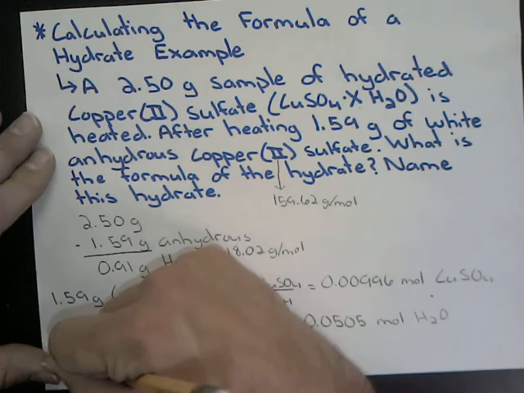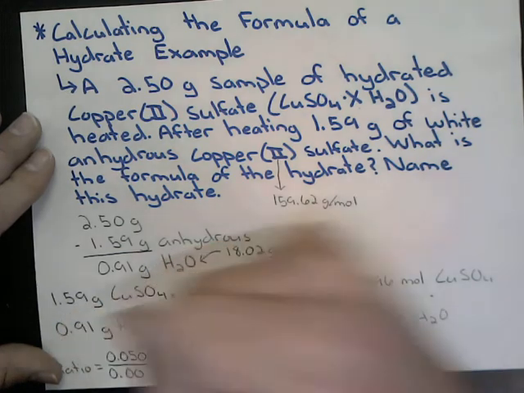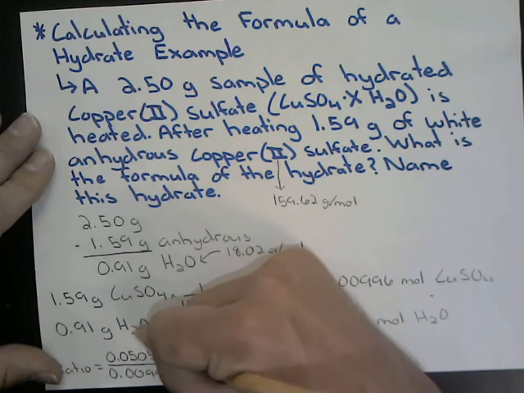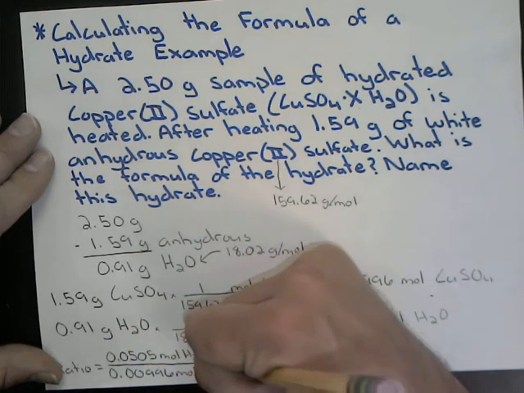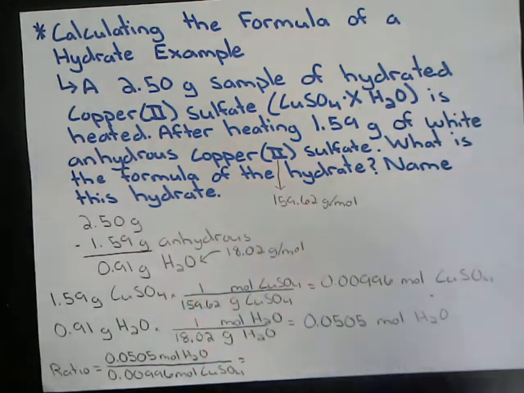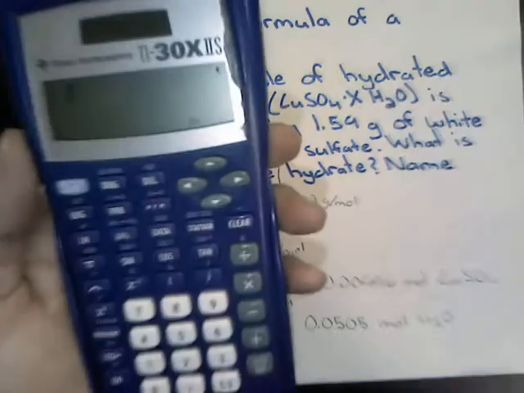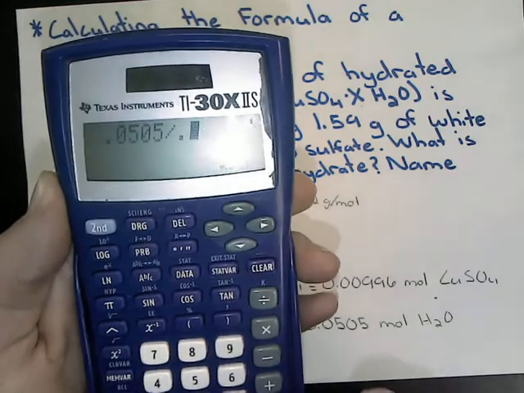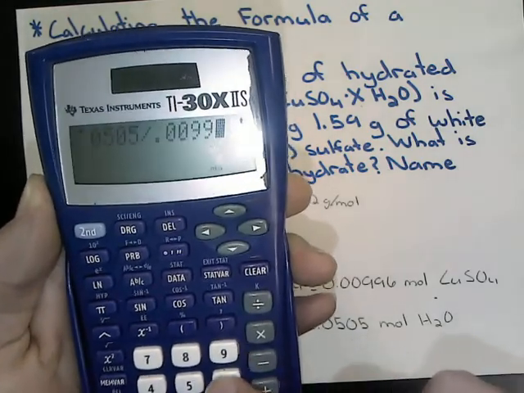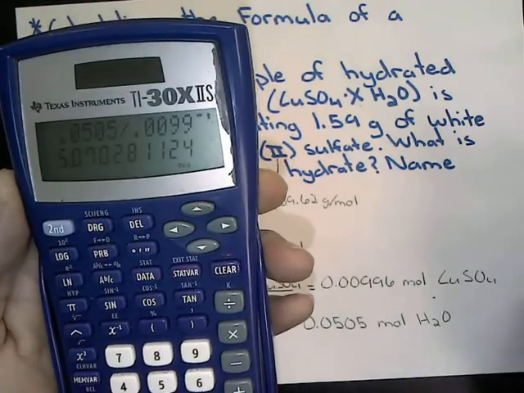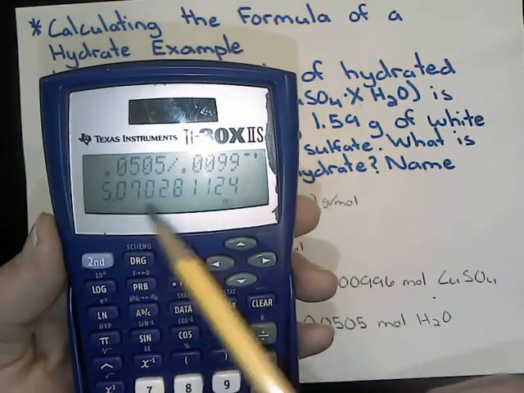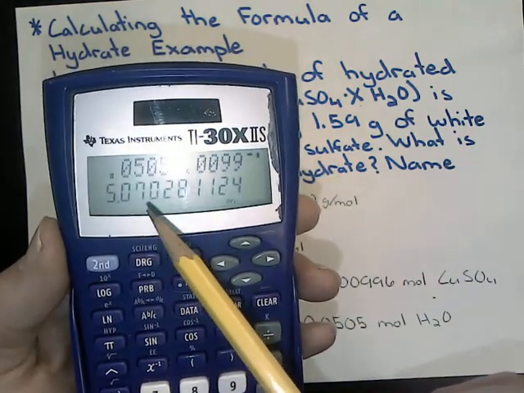So we divide this by 0.00996 moles of copper 2 sulfate. And so what we do in our calculators is we put 0.0505 divided by 0.00996. We press enter. And on this, I know we have some decimals here, but this is a ratio of